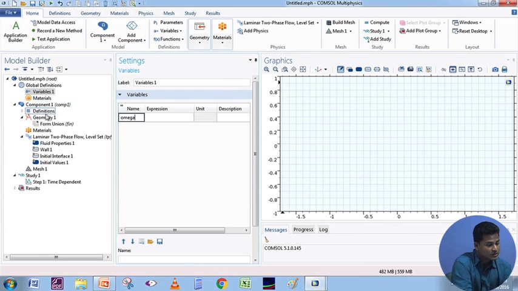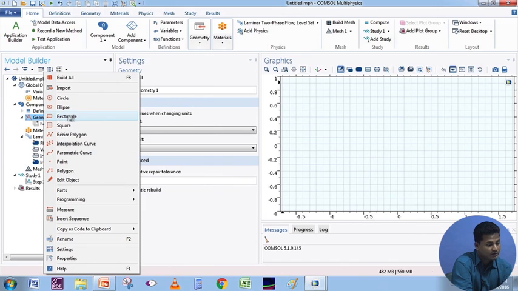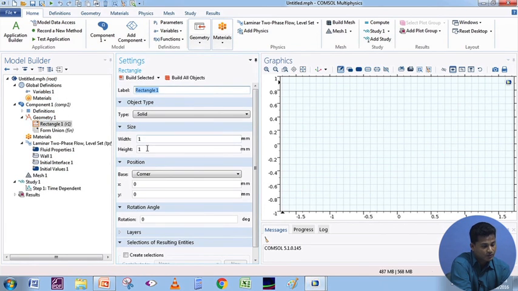So, I go on to select geometry. When we right click on this geometry, we will find different options here, starting from circle, ellipse, rectangle, square, polygon, etc. Projecting a 3D circular channel geometry onto a 2D surface, it will be a rectangle. So, I select a rectangle. Now, this width will be the internal diameter of the tube. So, I set the width as 6 and the height as 1500,